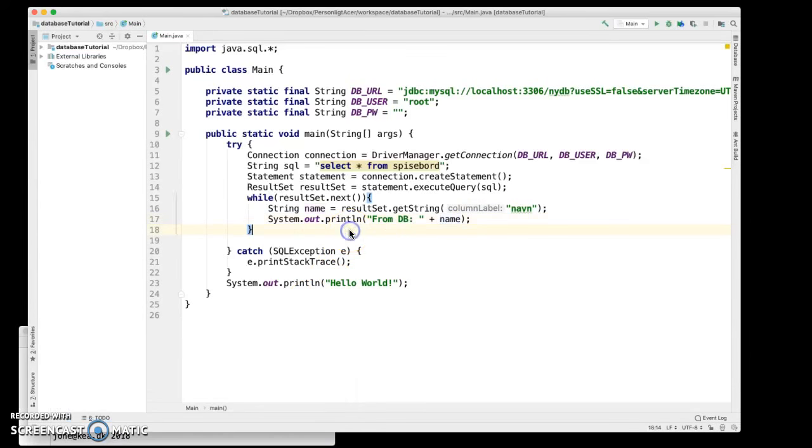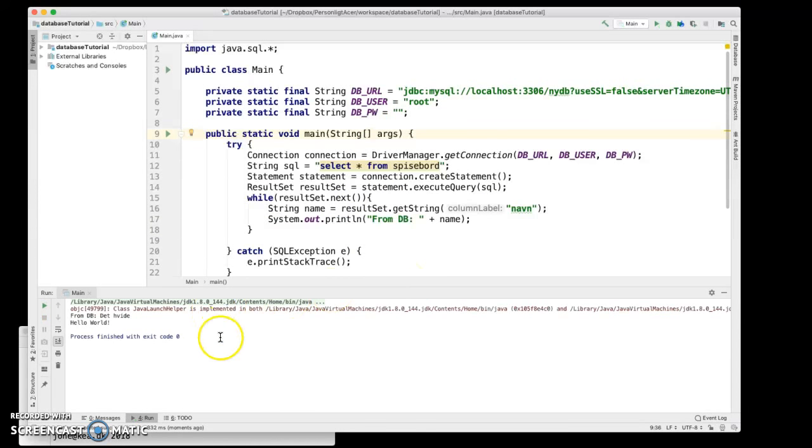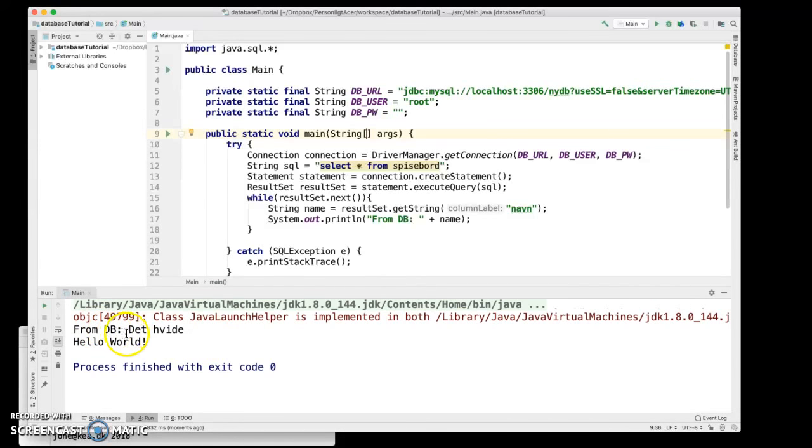So now let's run the code. I'm gonna run it. Yes, and as expected, we see here the hvide, it means the white one. So that's it. Thank you very much for